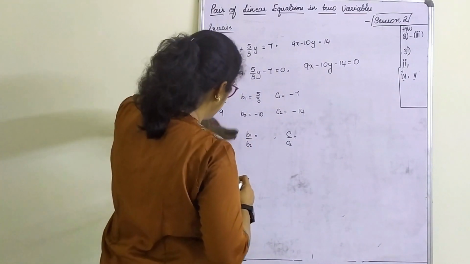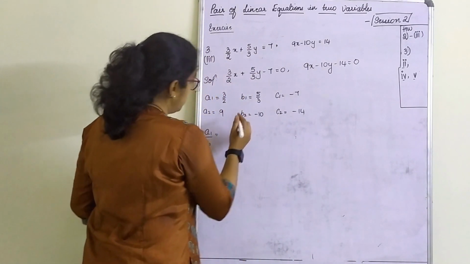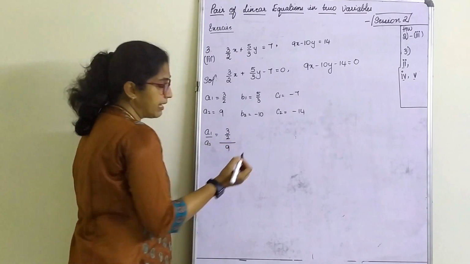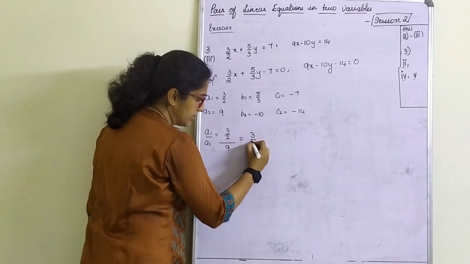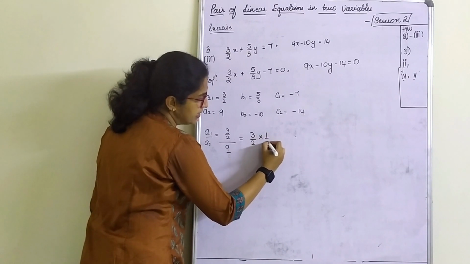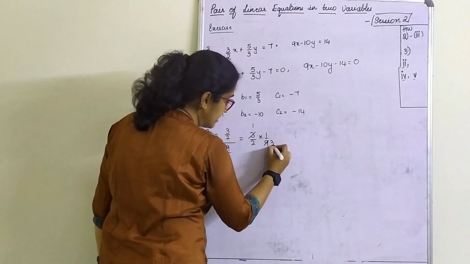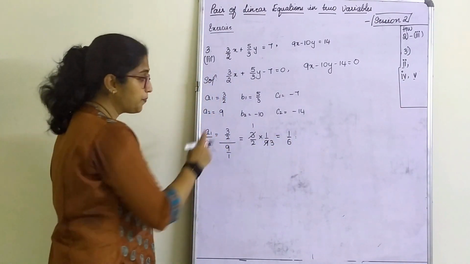So we'll work this out first. Let me finish with this since the fraction is there. 3 by 2 whole divided by 9. Okay. Very simple reciprocal rule is what we apply here. Just see. 3 by 2 divided by 9 is nothing but 3 by 2 times 1 by 9. 3 ones are 3, 3 threes are 9. So the answer is 1 by 6. Okay. Next.